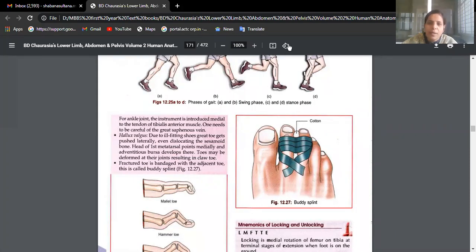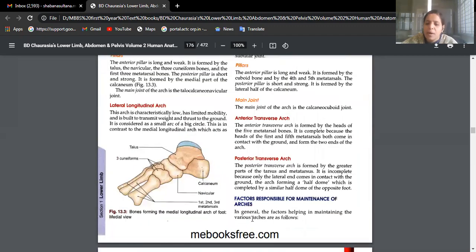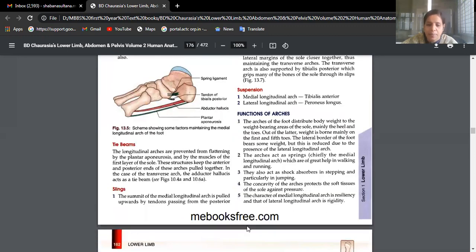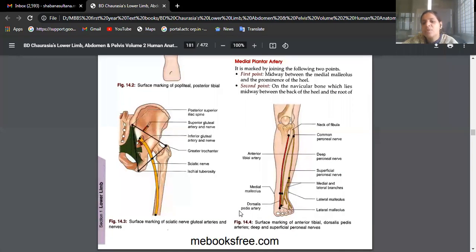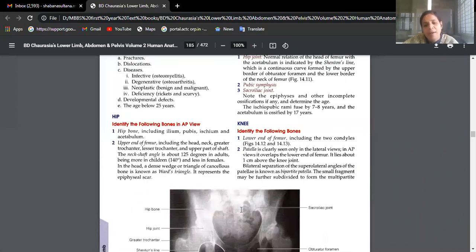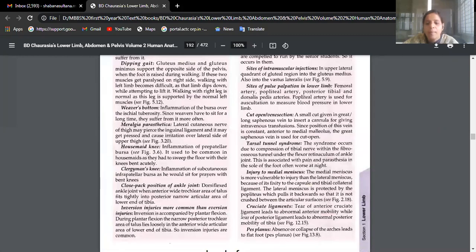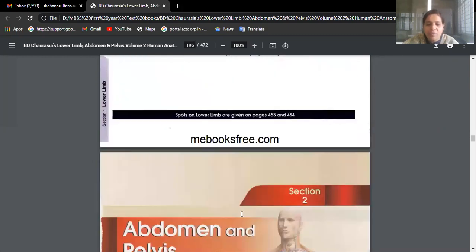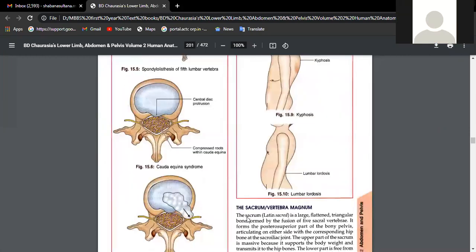What is opening, beta, at the minor duodenal papilla? Ritika, Meghana, please speak out. Accessory pancreatic duct, beta. This is a 2 marks question only, I'm telling. In the second part of the duodenum, we have one major opening and one minor opening. The major duodenal papilla will have the opening of the hepatopancreatic ampulla of Vater. The minor duodenal papilla will have the opening of the accessory pancreatic duct. Okay, beta.